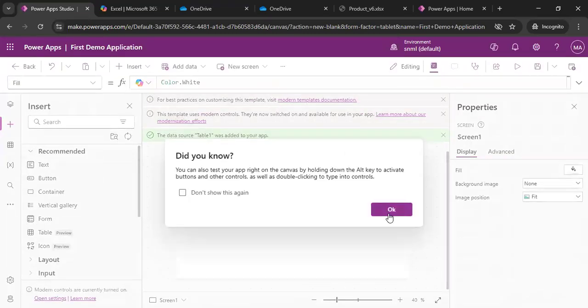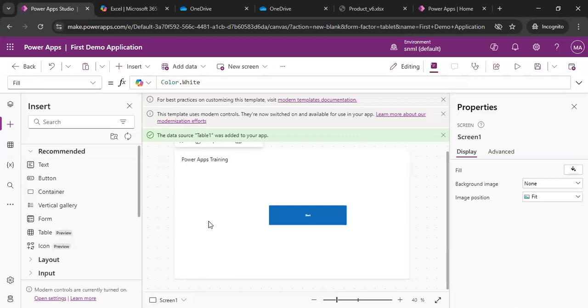And gallery and everything. I'll explain what a gallery is and everything. Galleries and everything, each will serve our different requirements. After explaining this, I'll continue about the purpose of each control here. We will call them controls. Text is one control, button is another control, container is a control, vertical gallery, there are so many controls